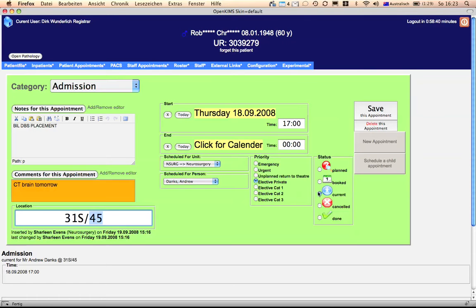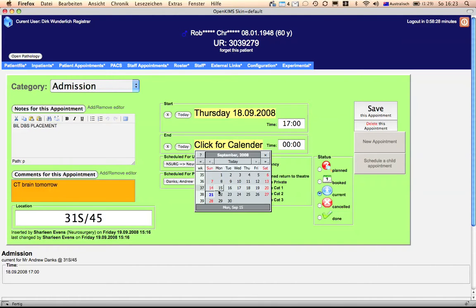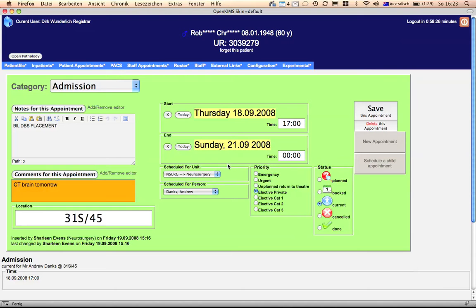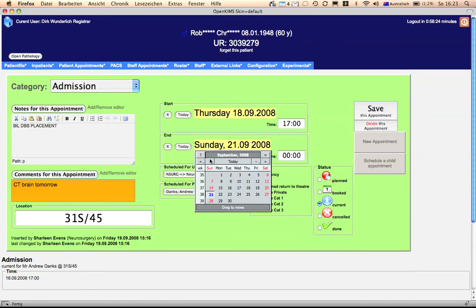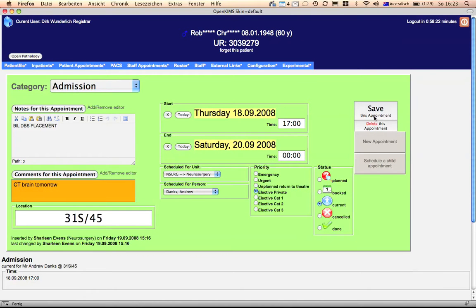So in order to appear on the inpatients list, you need to have this marked as current, which basically means that if you want to discharge the patient today, you just mark today, or you just choose another date, whatever, and it even can be in the past. However, as long as you do not mark the patient as done down here, the patient will still be on the